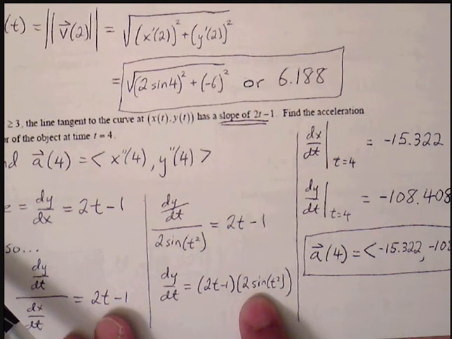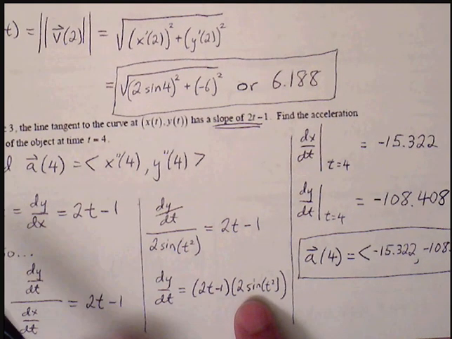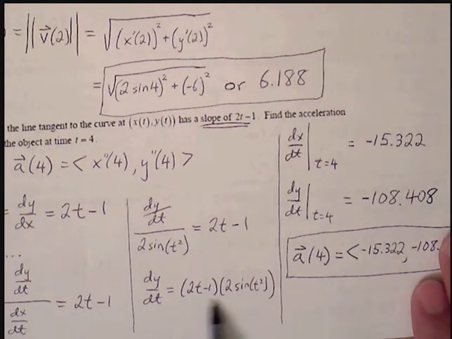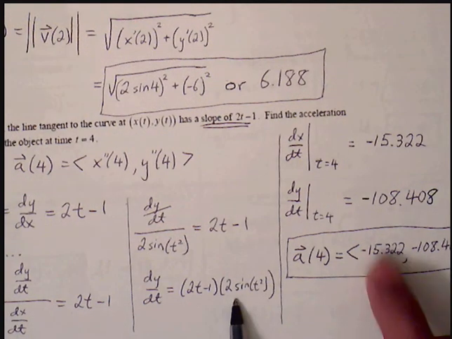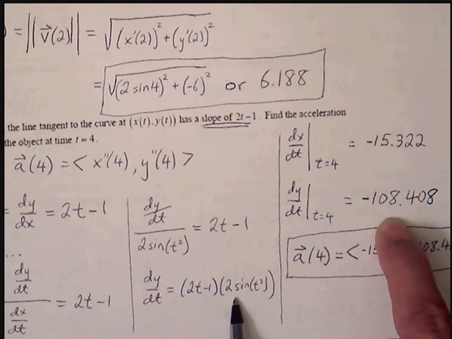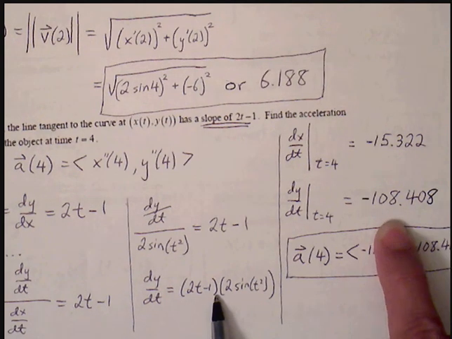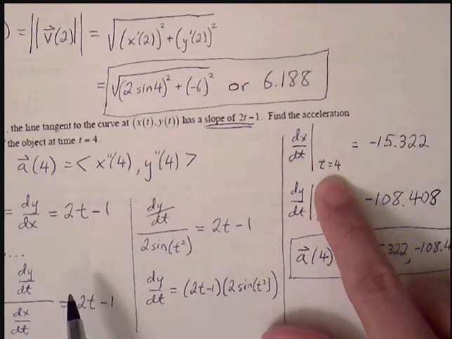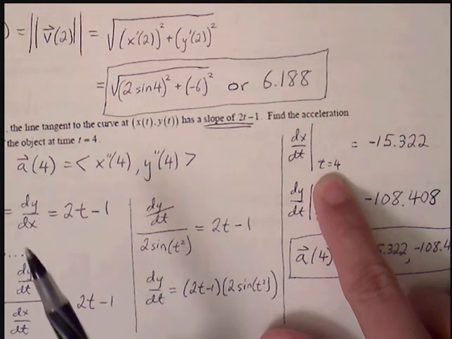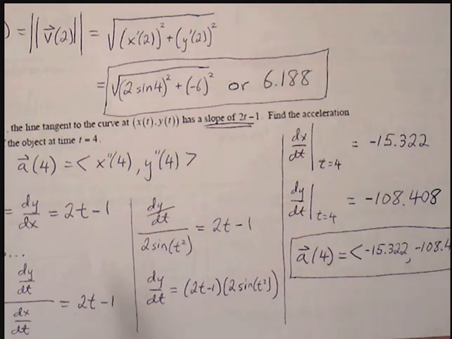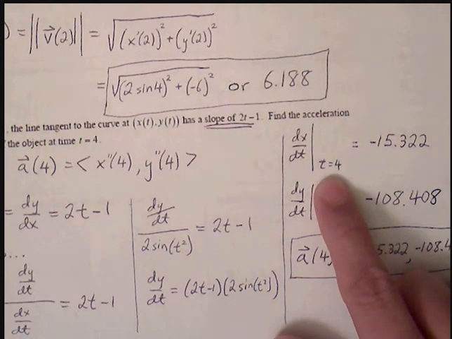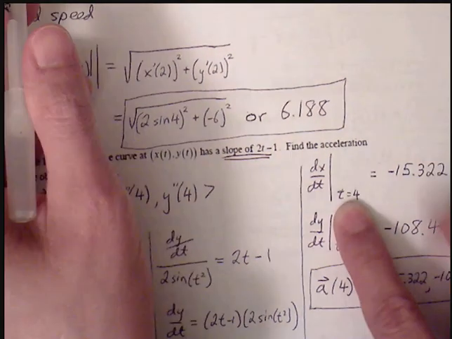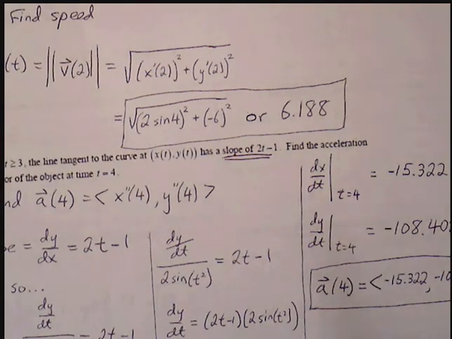the derivative of this expression at t equals 4, and that will produce negative 108.408. So I use the nDeriv feature in the calculator, and if I want to evaluate d2x over dt2 at t equals 4, then I can just plug in, find the derivative of 2 sine of t squared, and then plug in 4. So this should be